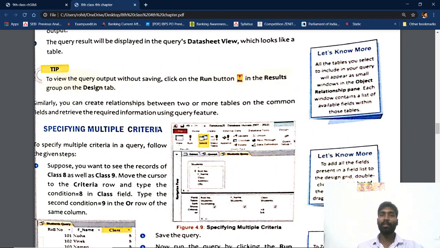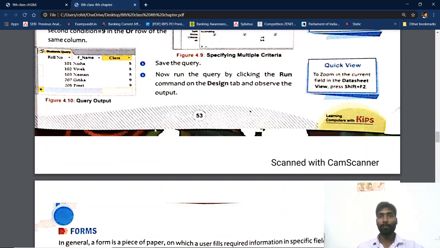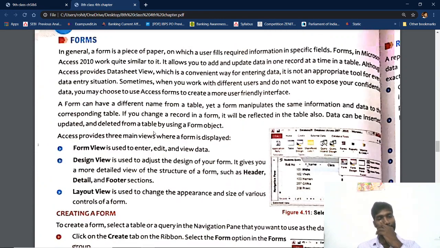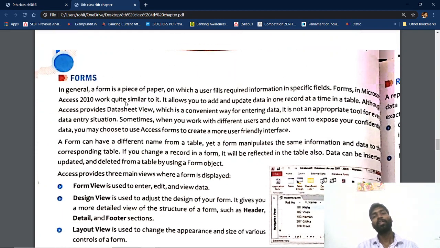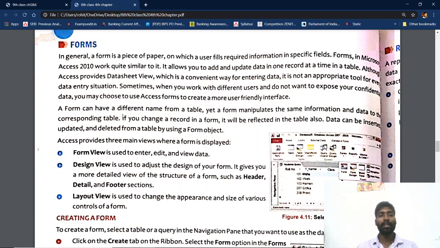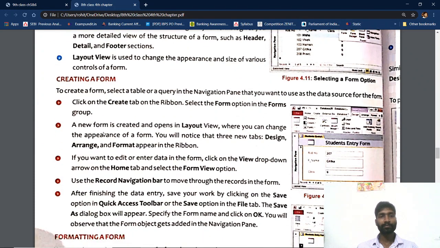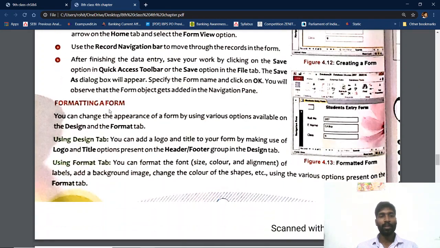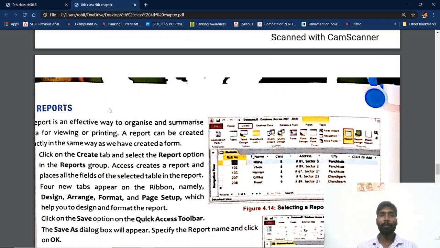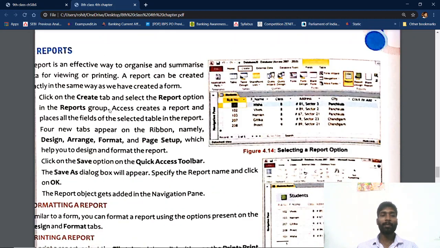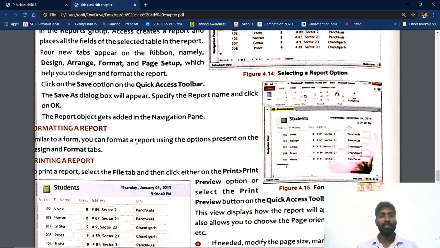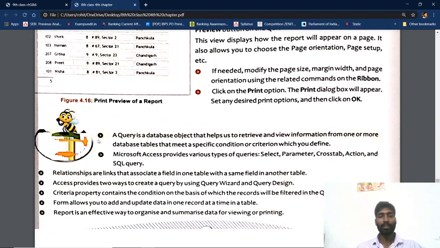Now few topics are there. Now itself I will explain, and this fourth chapter is going to be over. Now see form. Last year you learned in Excel what a form is. A form is used to view a record individually. Last year in Excel you all created a form, correct? The same form you are going to create here. Same type of view we are going to do. Design view, details, footer, header we can see now. Creating form, formatting form, report. Now I will show how to generate a report and how we will format the report. Printing a report, over.